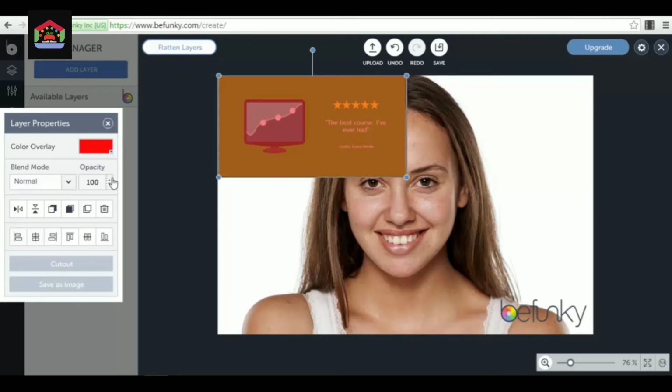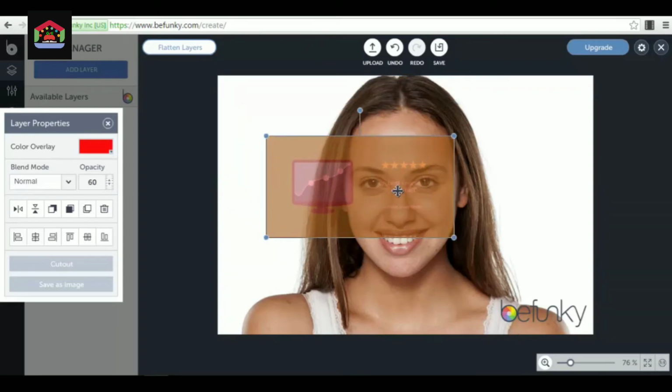For example, we can set its opacity from here, and as you can see, when you set the opacity higher, for example at 100%, you see only that image in that spot where it is. If you set the opacity lower, it will have transparency. This is very cool if you want to do different effects.